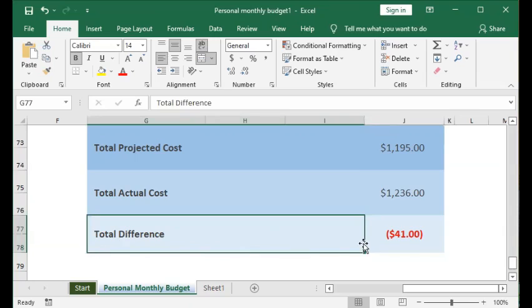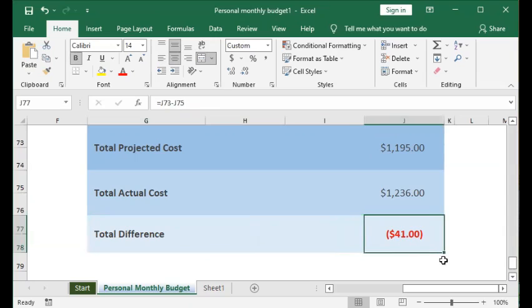If total difference is a positive value, then you are in a good place. You have a surplus. If the total difference is a negative value, then we have a shortfall. And in this case, it is showing as red, and in parentheses is actually a negative value,